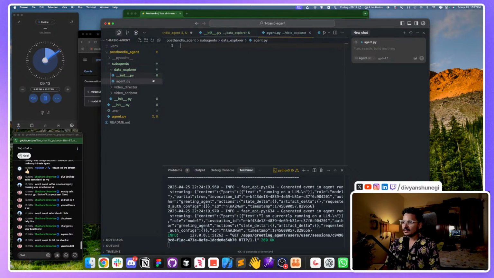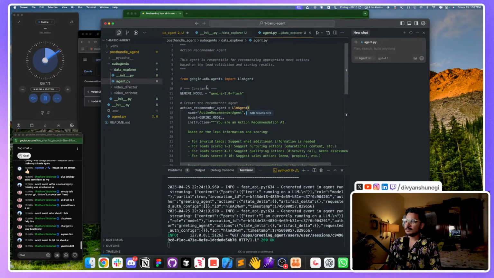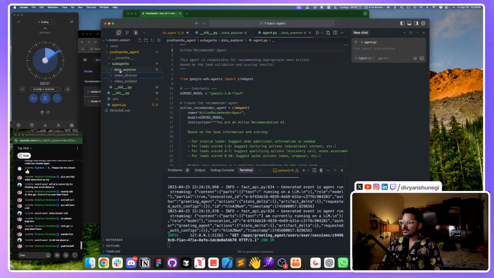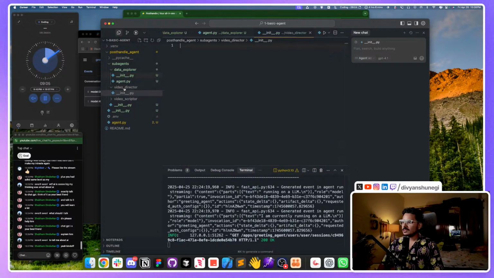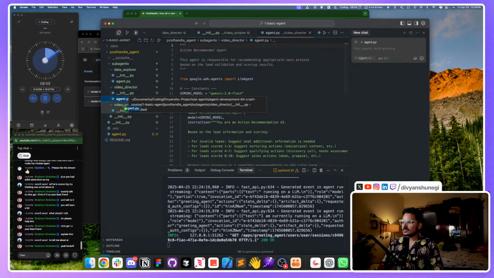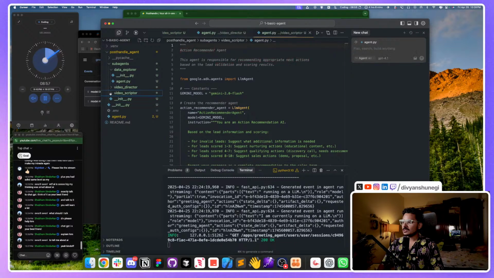Agent.py. Right. So this is Data Explorer, then there is video editor, and then there is video scripter, and all of them need agent, but the thing is,